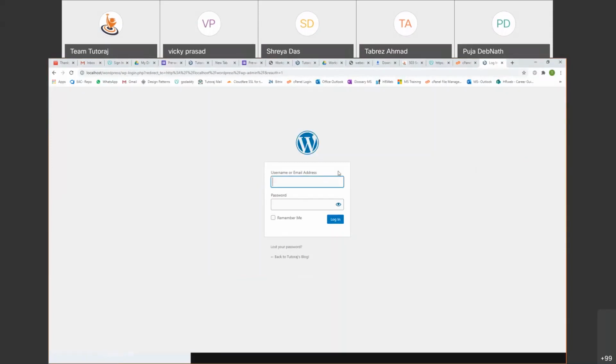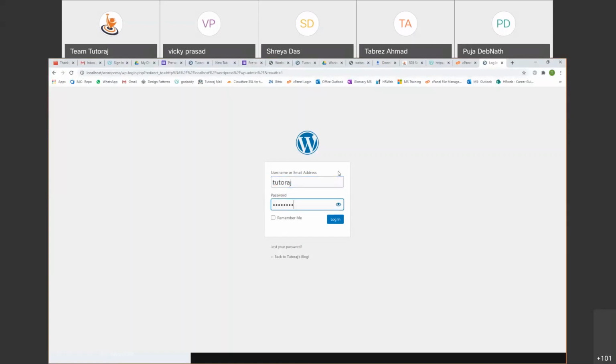The password was set by you, so I will not be able to say what password it is. In case you don't remember it, the easiest way is to reinstall Bitnami. Probably you can try to uninstall Bitnami and reinstall it. While doing the reinstallation, you can remember whatever password you're setting. So for those of you who remember the password, just go ahead and type the username and password that you saved during the installation.